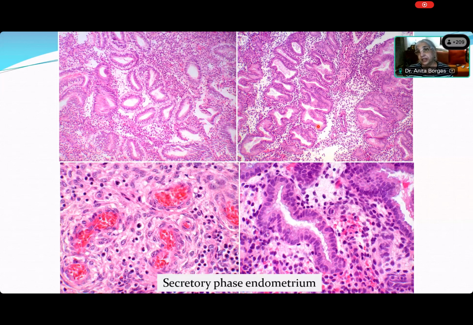People are answering in the chat box. I can see it. So it has to happen in a phase where there will be no spiral arterioles, and there are no spiral arterioles if you have unopposed estrogen activity. So instead of 14 days of estrogen followed by 14 days of progesterone, in which you have 14 days of proliferative phase and 14 days of a secretory phase during which a spiral arteriole develops and it prevents excessive bleeding. Suppose you have 28 days of estrogen, which means 28 days of a proliferative phase, and there is no spiral arteriole. Then what will happen?